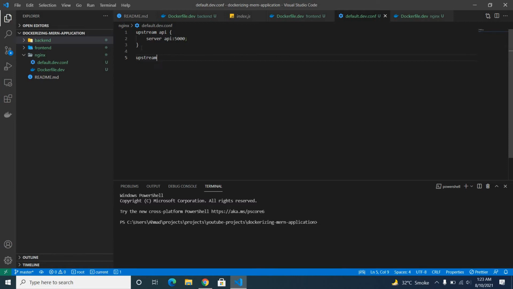Similarly, upstream front end, and you can give server, you can write here client, and then front end. Our front end is listening on 3000.